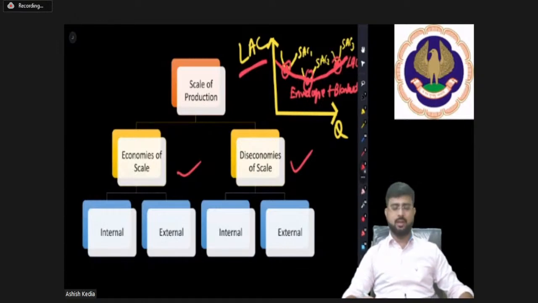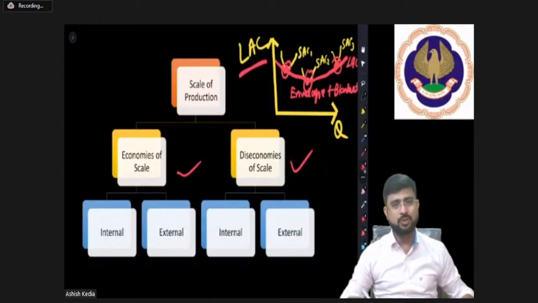Okay, great. It's the law of variable proportions. So the fact that we have understood this,